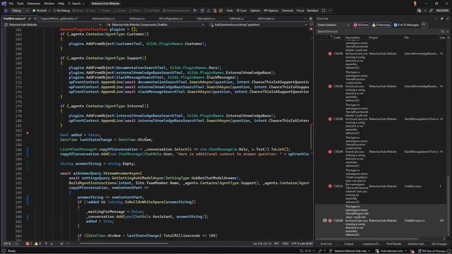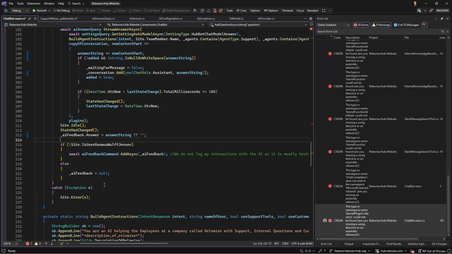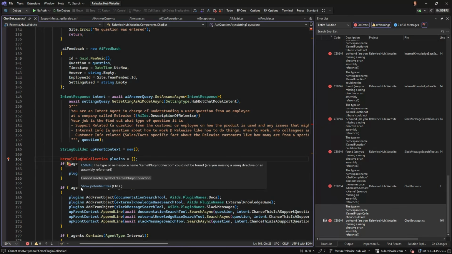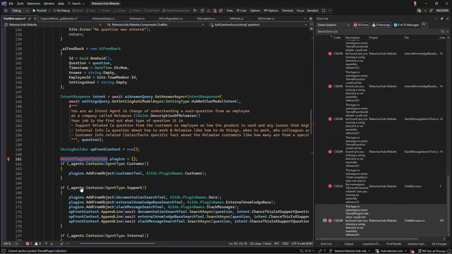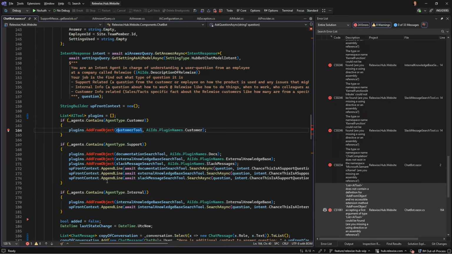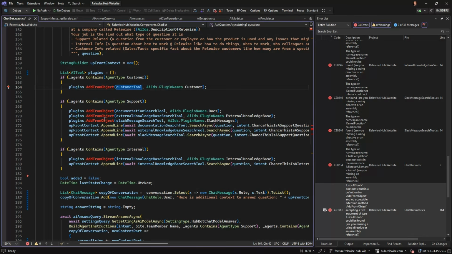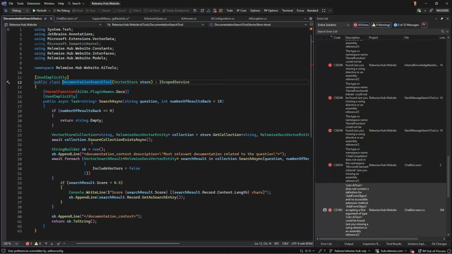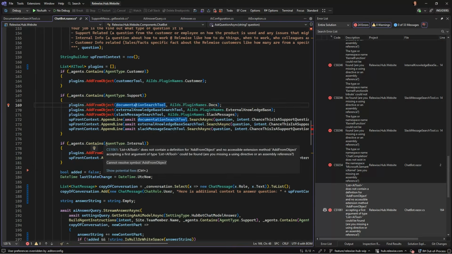Yeah. And what do we have? That was the plugin that I don't want to deal with right now, but I guess I should. So we need a list of AI tools. And so these tools right now are kernel functions.